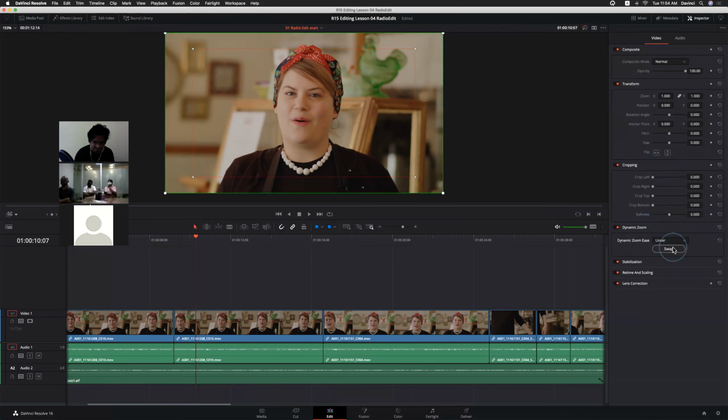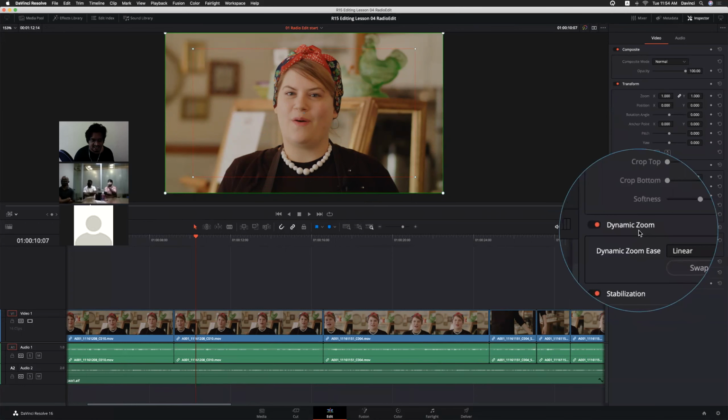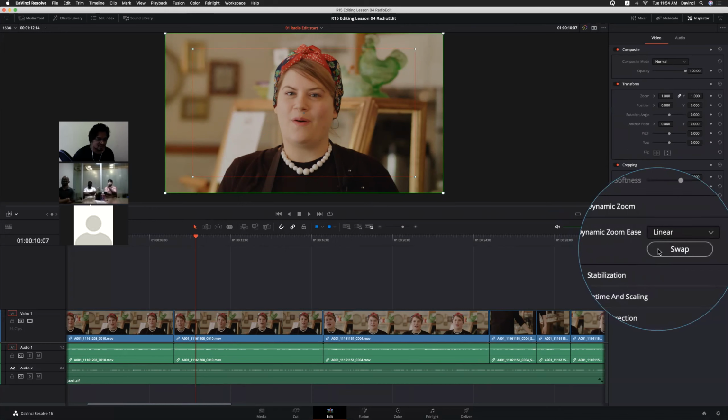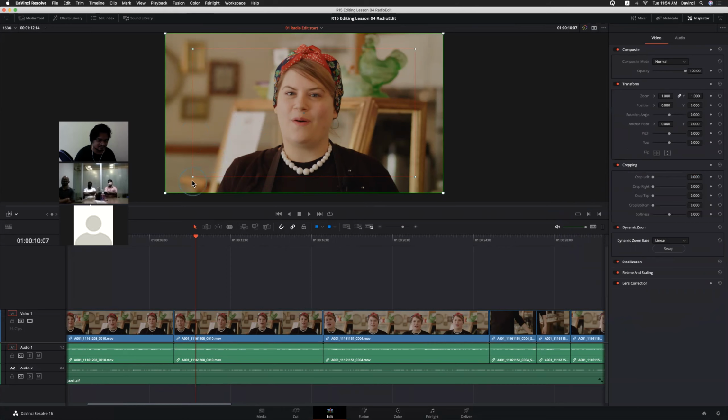Now, see, by clicking the swap option under dynamic zoom, I can switch between those two rectangles. See, now I am creating a slight zoom in effect without adding any keyframes.